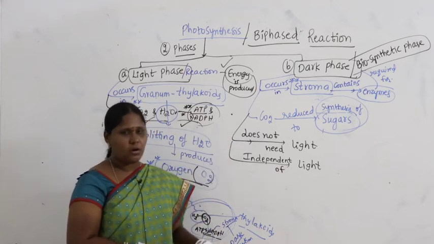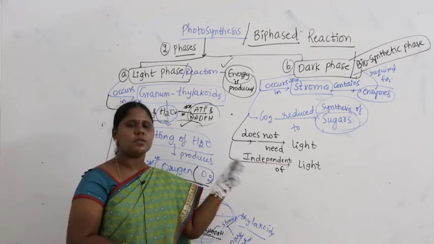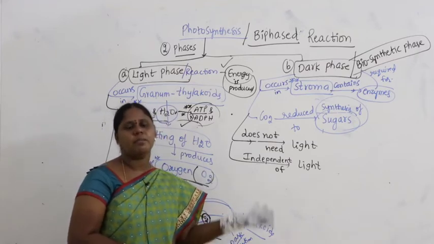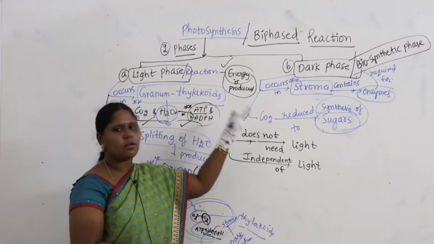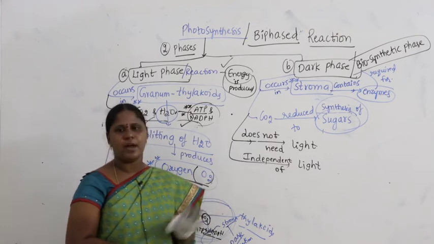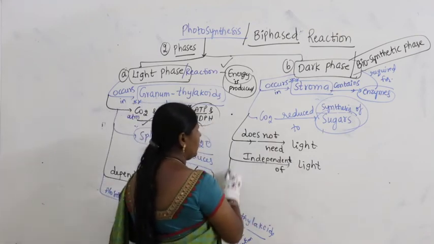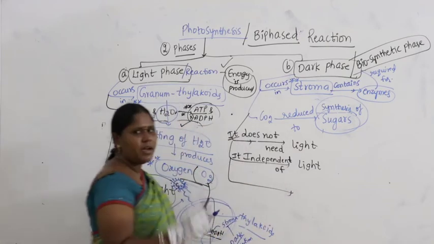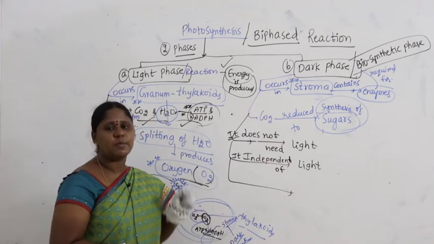Dark phase, it's called because it does not need light. For the process to happen, it does not need light. It may happen in the light or it may happen in the night. Meaning it is independent of light, right? Most of the people will get confused with these statements. Guys, that's why I am writing clearly all the three statements, because most of the times people will get confusion